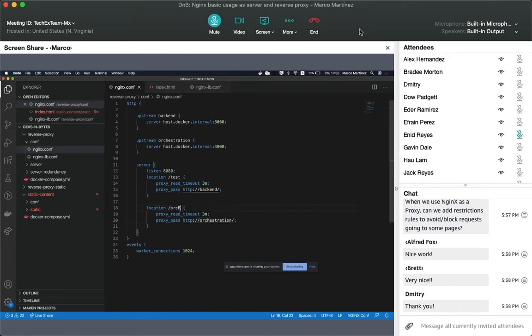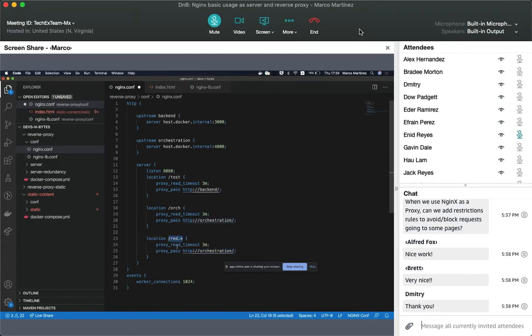So if someone asks for any other location, let's say, I've never been good at regex, but let's try something. Let's say someone wants to ask for something red, and we don't really like stuff that's red. So we could do some regex to restrict all requests that contain red from going into our orchestration layer,